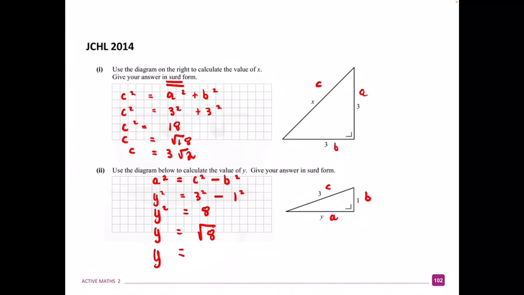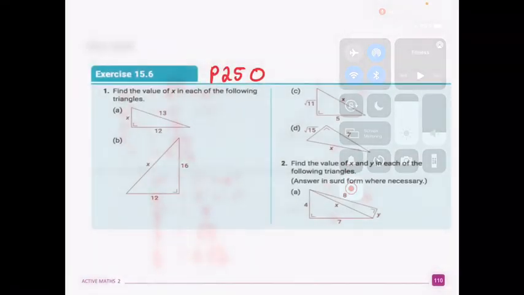This gives us root 8. Let's simplify our surd by putting our value, root 8, into our calculator and pressing the equal sign. This gives us a value of 2 root 2. Please pause this video and check your answer. If you didn't get it correct, please write down